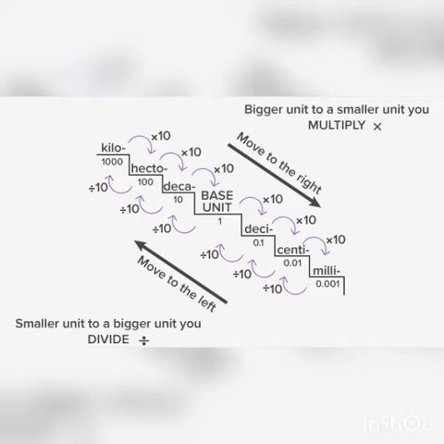3 times, into 1000. Next, if you are coming from milli to centi, you will divide by 10 because you are moving upwards only one time, so it is divided by 10. Next, centi to deci, milli to deci, divide by 100 you will do it. Always bigger to smaller you will multiply it, smaller to bigger you will divide it. Understood?